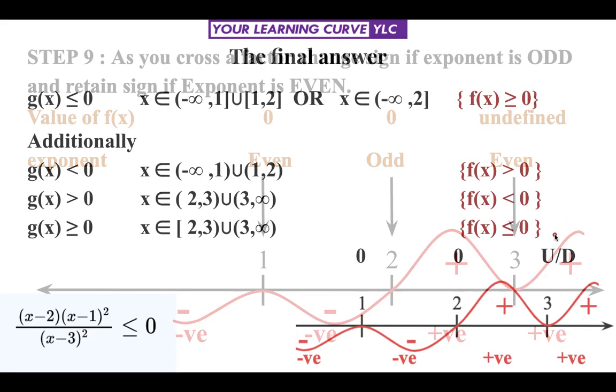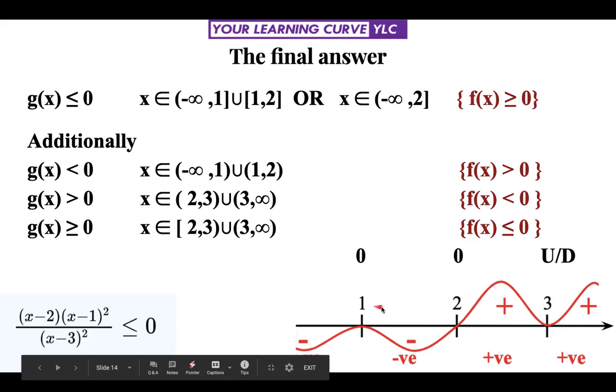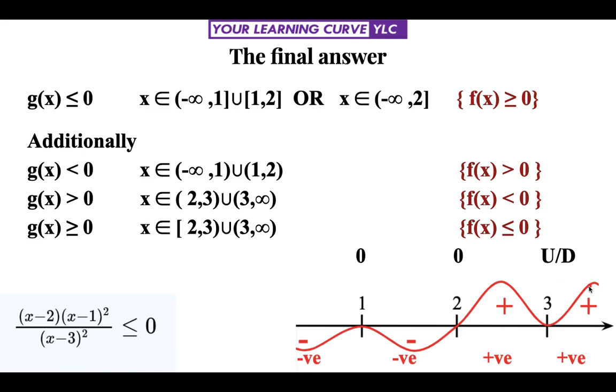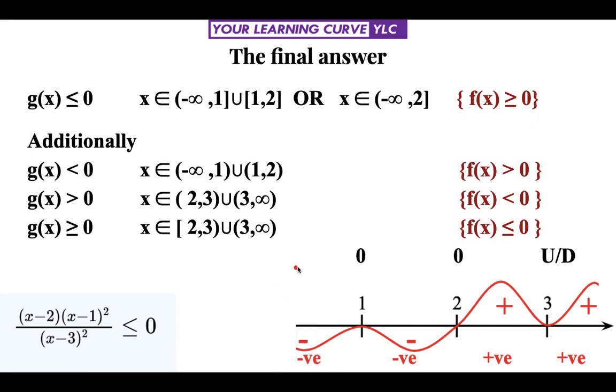So now let's see our answer which we are going to predict from this method of intervals or wavy curve method. Let me tell you one more thing, that the method of intervals is also called wavy curve method, and this is because of the fact that this curve which we are making for predicting the sign is like a wave, so we call it a wavy curve method. Positive, negative, it behaves like a wave, so we call it wavy curve method.